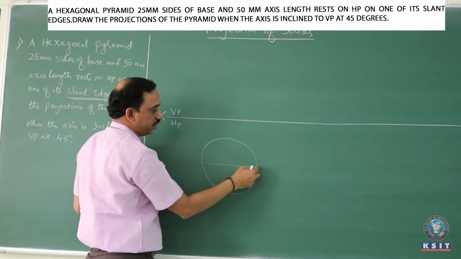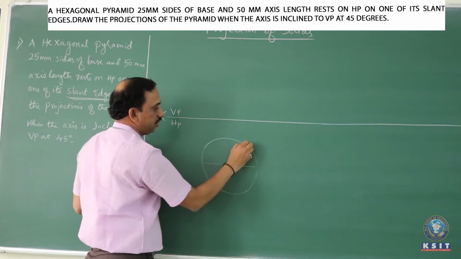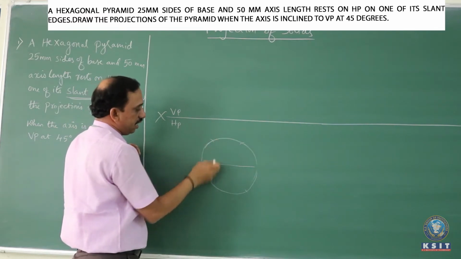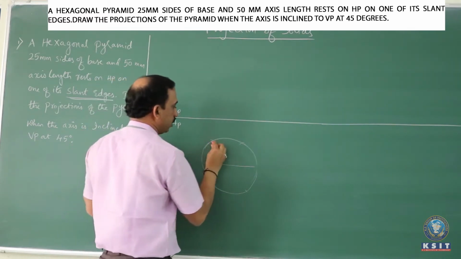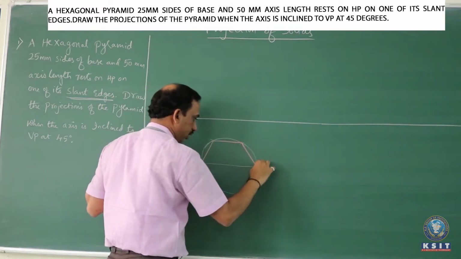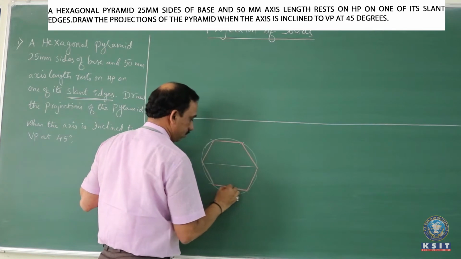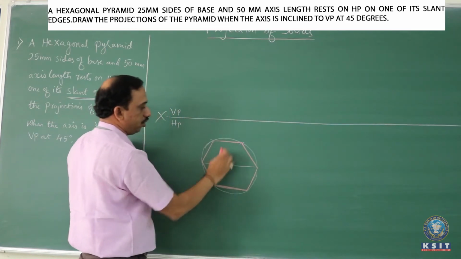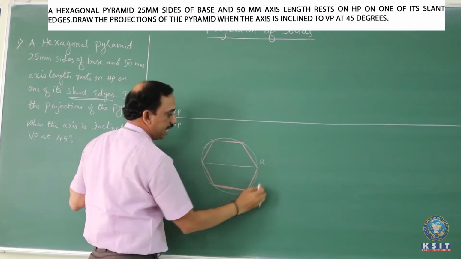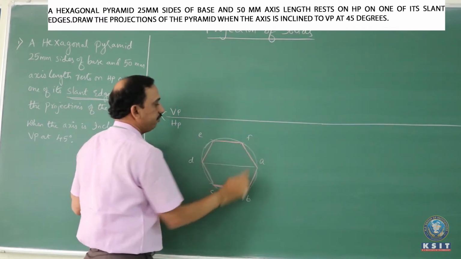with the same measurement of radius, taking this extreme end of the diameter as center. Cut the circumference on either side with the same measurement, with the other extreme end of the diameter as center. Cut the circumferences, so that now when you join these points, you get the formation of the hexagon, so that the corner comes towards your right side like this. Once you form the hexagon, from this extreme corner, identify the corners as A, B, C, D, E as well as F.